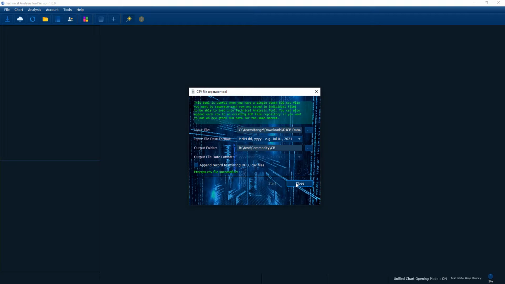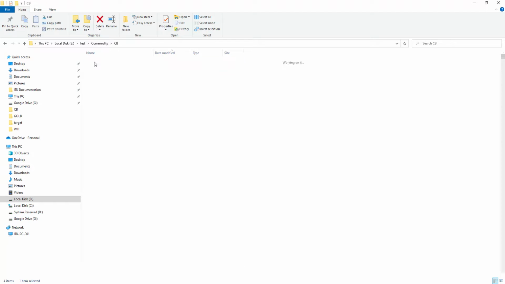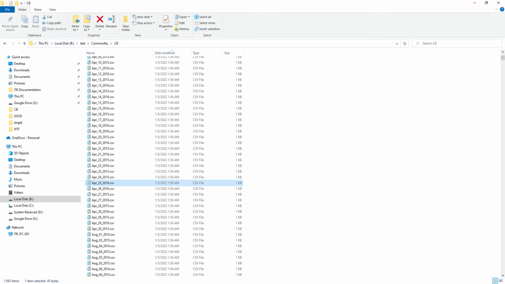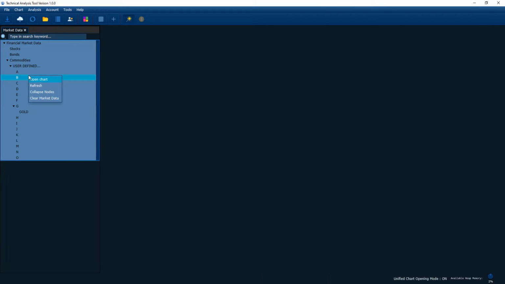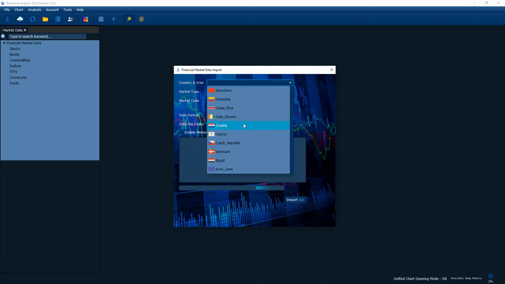Okay, that's successful. Take a look at the file. Now it's generated. Okay, so let's test it and close that one for now. If we go into our market data tree and click everything, let's try to load the silver data again. So this time, let's just do the global